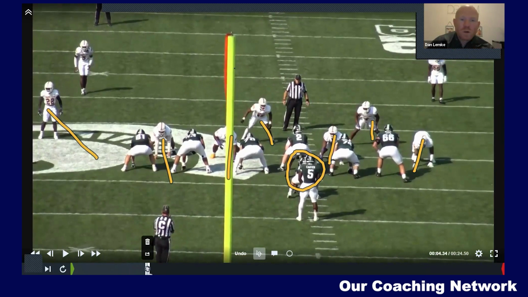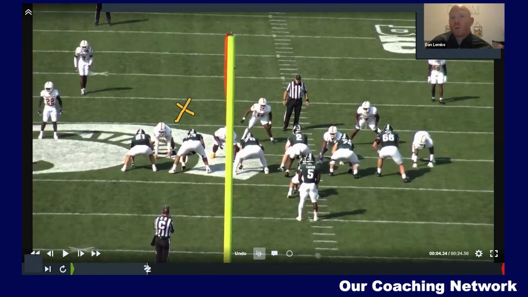Now, in quarters coverage, typically you're going to mess with the two safeties, in this case maybe even the nickel. If you want to take the nickel and bump him in the box and put him here, we're in great shape. Now your safety will come down to be the D gap fit. And then let me clear this for you guys here. And then we'll put the nickel in the box here. So now it's back to your 4-3 Sam, Mike, Will concept. Then between these three, the Sam, Mike, Will, or the nickel if you're in a 4-down look or a 4-2-5,